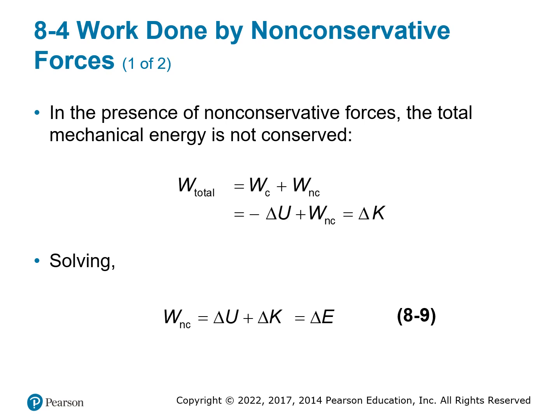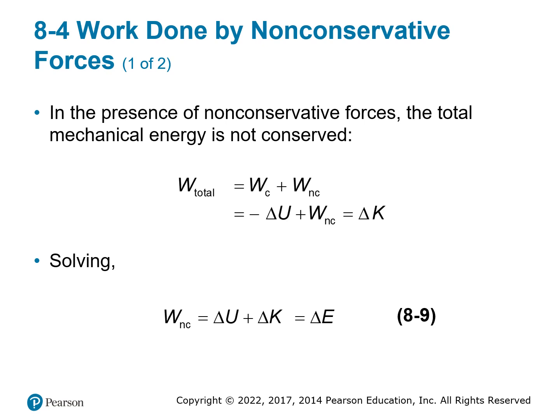All right, so work done by non-conservative forces. The total work done is equal to the work done by the conservative forces and the non-conservative forces added together. Since we know the conservative forces' work is equal to negative change in potential energy, you can replace that in the equation, adding the non-conservative work, and that's equal to your change in kinetic energy.